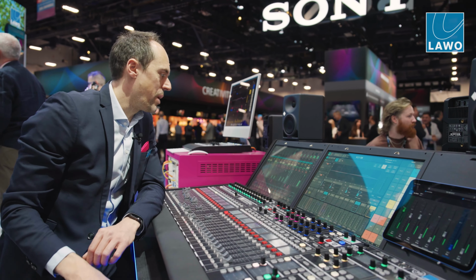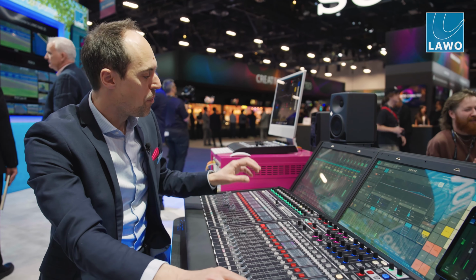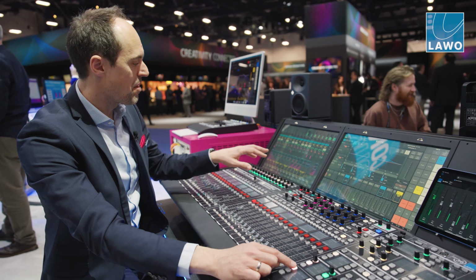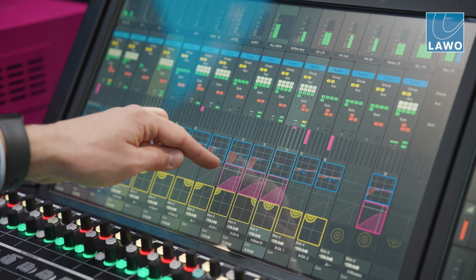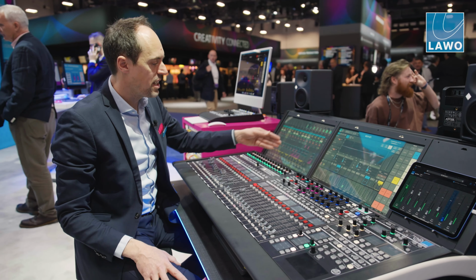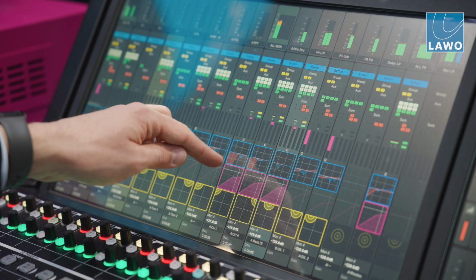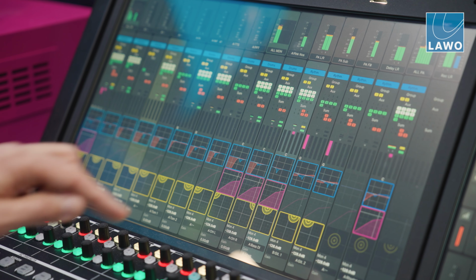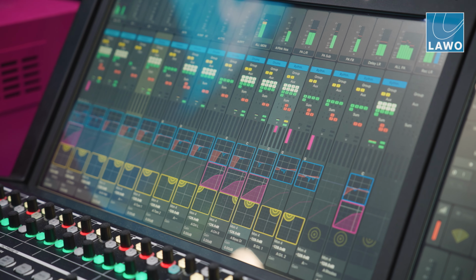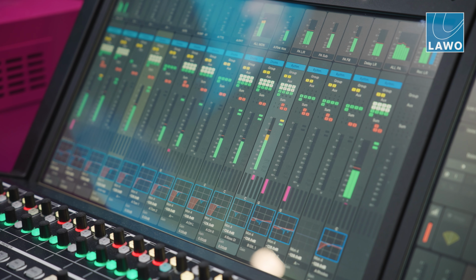One of the other features that we have launched is the ability to, on the channel bay, have more than one mini display. So this is a button I programmed, and we have now the possibility to stack 2 or even 3 of those mini displays vertically, which gives you much more overview of the settings of your processing. So you can see compression, for example, EQing, panning, all at once. And it's of course an option which you can activate and disable from the channel, for the channel display on